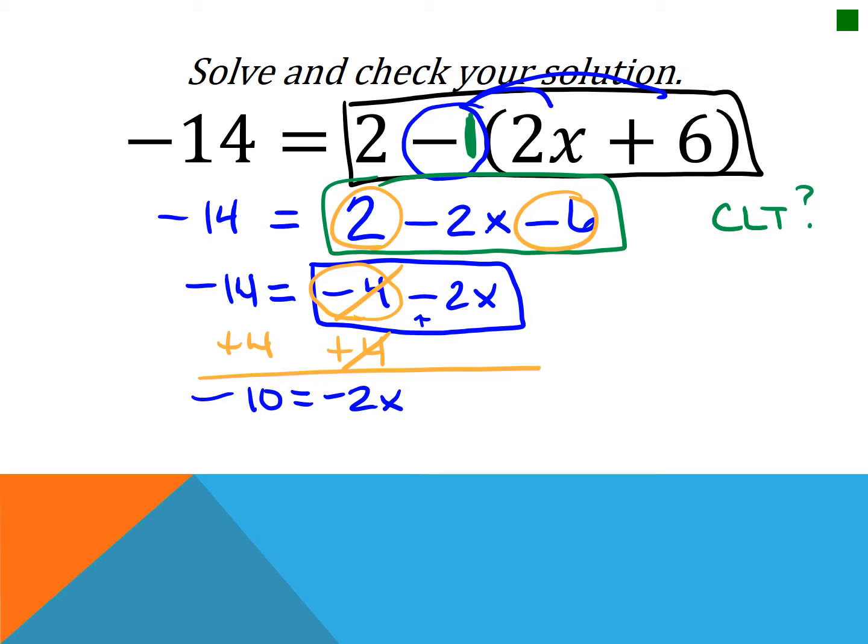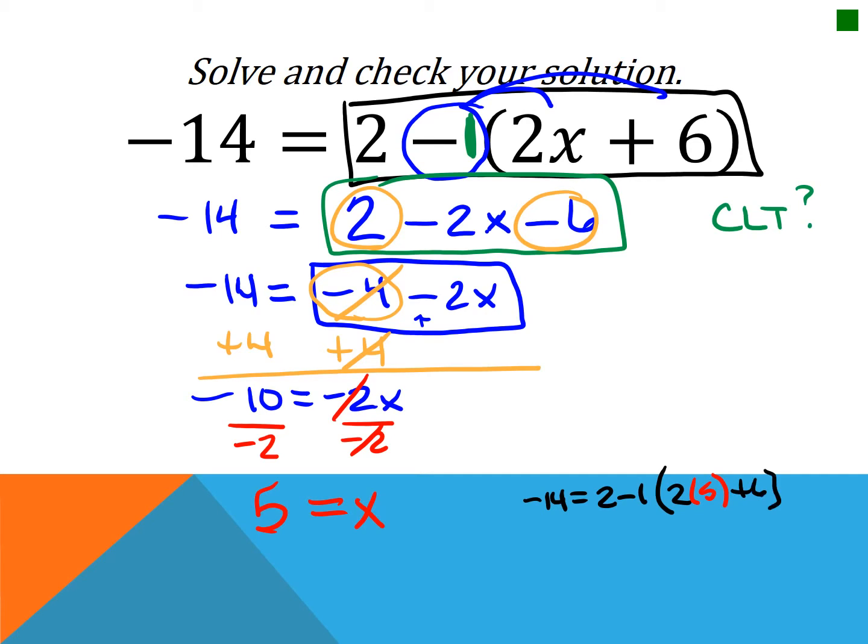No more pluses, no more minuses, so I'm going to divide, and I'm going to divide by negative 2. Those all cancel. I get 5 equals x. If I'm going to check it, I'm going to go negative 14 equals 2 minus 1 times 2. Whoops, I said x is 5,